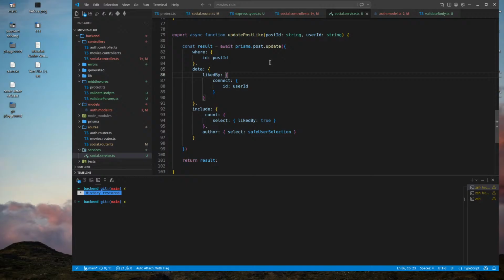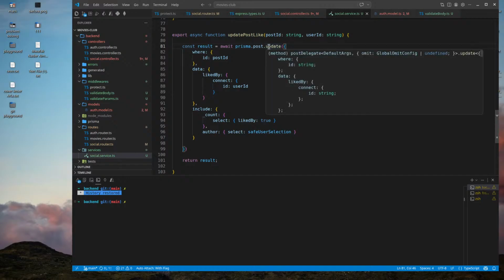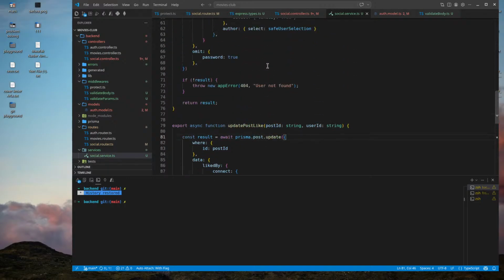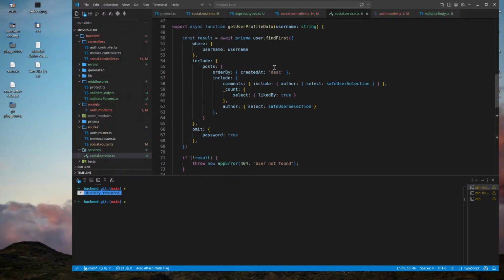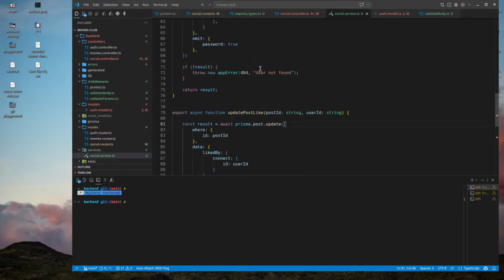Now I am actually confused because sometimes Prisma returns null and sometimes it throws if not exist. Probably on update it's going to throw, and on find it doesn't throw; on find it could return null.